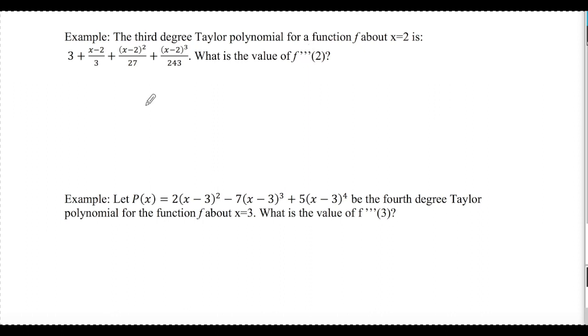Okay, here's a couple thoughts. We got to remember our formula, as we've always said. The kth derivative of f at a, over k factorial, times x minus a to the k, right? We know what's the value of f triple prime. So if we're looking for f triple prime